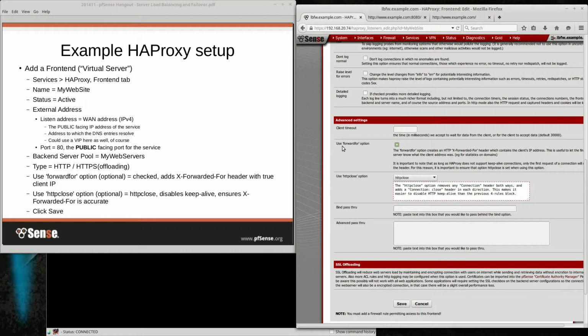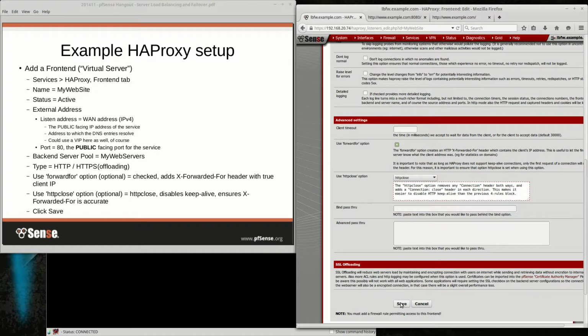So it will actually pass on the true client address in the HTTP headers back to the web server. Now the way this works, it can't do keep-alive, which might be another undesirable outcome for using this option. So you want to put this http-close on here. That way every request gets terminated, and then every request will get a valid X-Forwarded-For header. Otherwise, only the first request would have the forwarded-for header, and the other requests that come through on the same connection wouldn't have the right headers, so you might lose something in the logs.